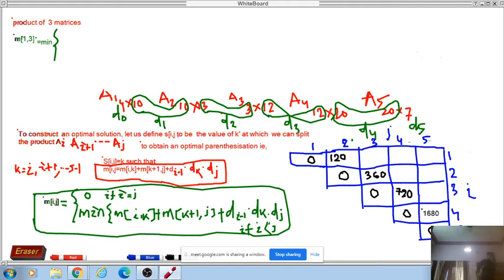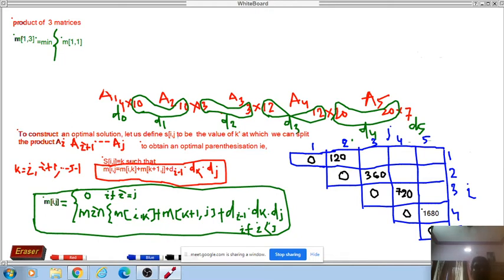So how are we going to find it? You will find M of i, k, then M of k plus 1, j. What is i, k? My k will start from i. Whatever value of i you take, the k value is also the same. Then you make k plus 1, then j. Then you proceed. So first I will find M of 1, 1. Are you understanding why I am writing 1, 1? Because I am taking k equals 1, so i equals 1, k equals 1. So M of 1, 1. Clear?